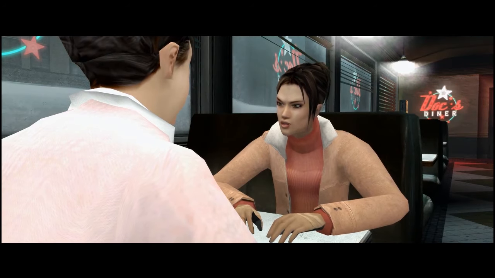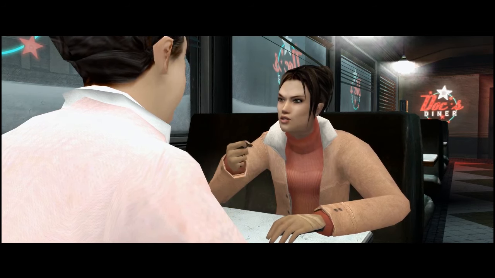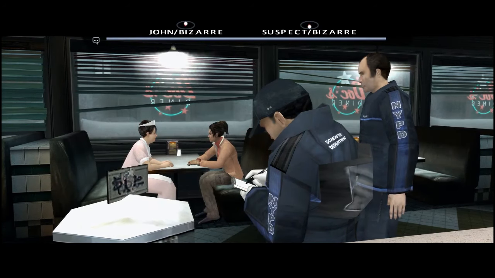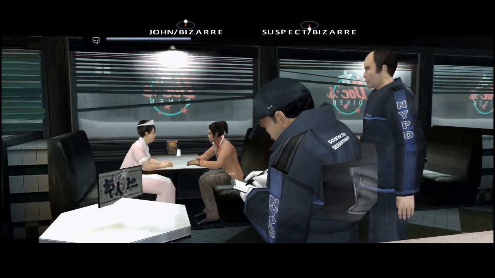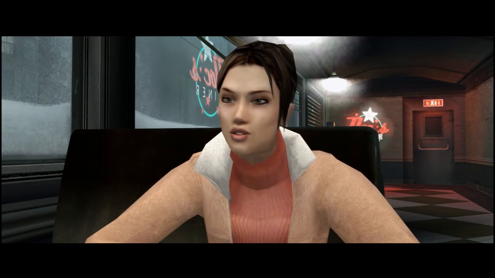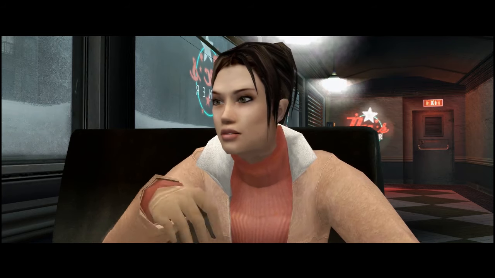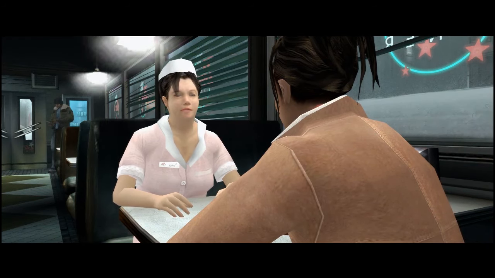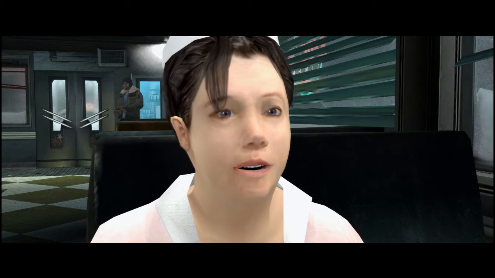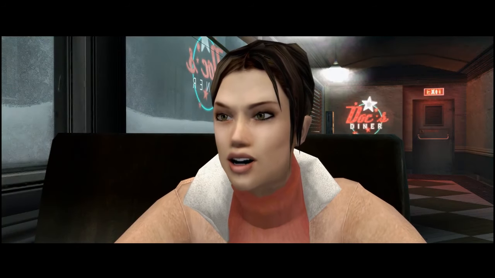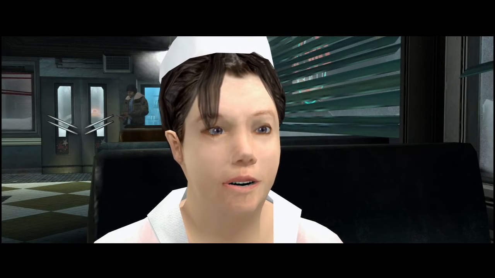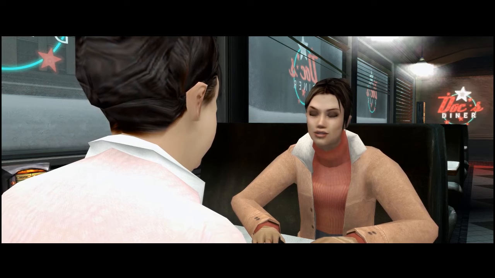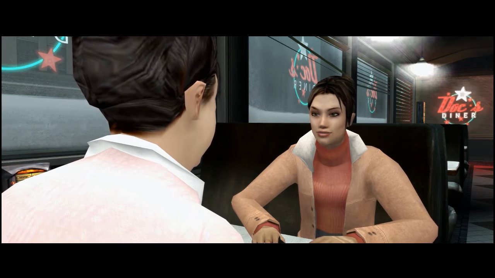Did you hear anything while John was in the toilets? Sound of a struggle or yelling? No, I didn't notice anything. Did you happen to notice anything strange about John tonight? Did he seem worried or stressed out? No, he was just like he always is. He even made a joke when he came in. Do you think that you would recognize the suspect? I'll never forget that face. Perfect. Do you think that you could come down to the station tomorrow and help us construct a likeness of the killer?